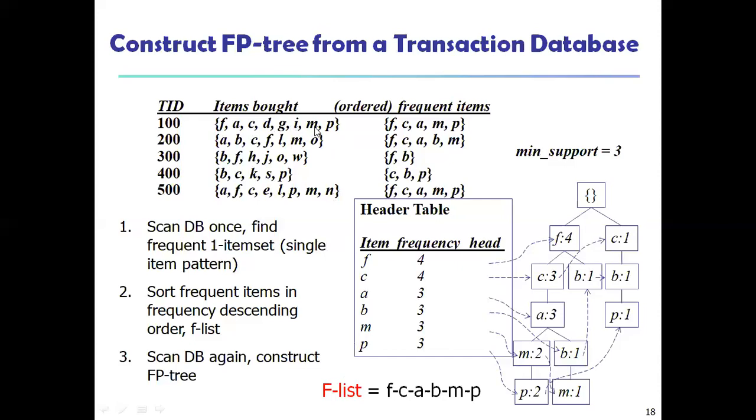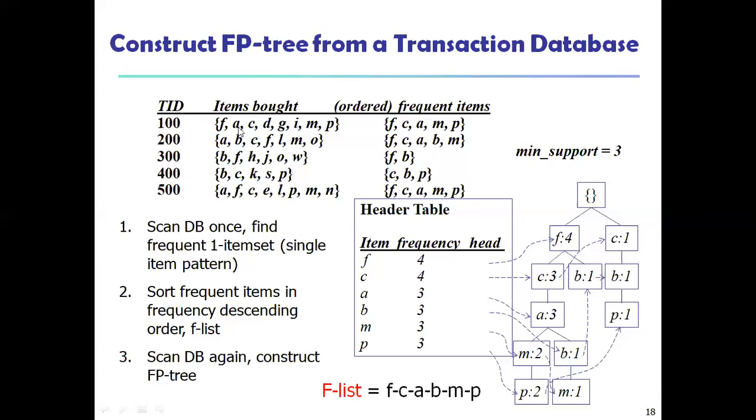The next one is M. M is in the order, so 3. After A, I am getting M. Similarly, P is in the order. Yes, it is there, so the next portion it is taking. Here, this is the original items we have bought. In that one, we are ordering the items from higher level, following the minimum support count, because this minimum support count will be given in the initial part itself by the experts. So according to that, I am framing the order.